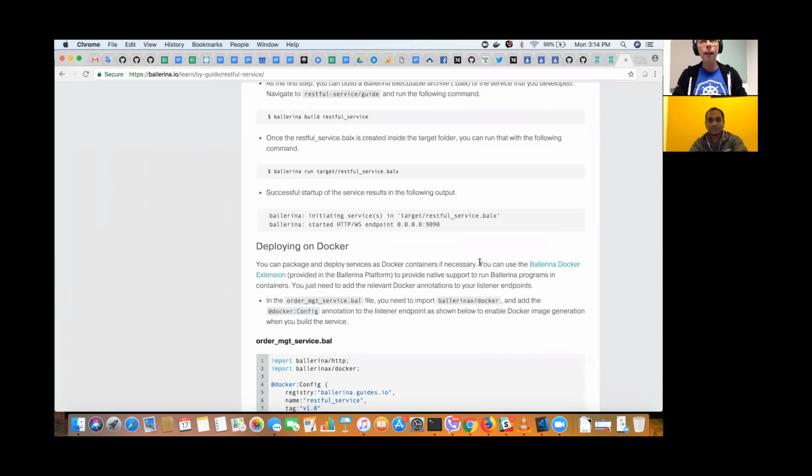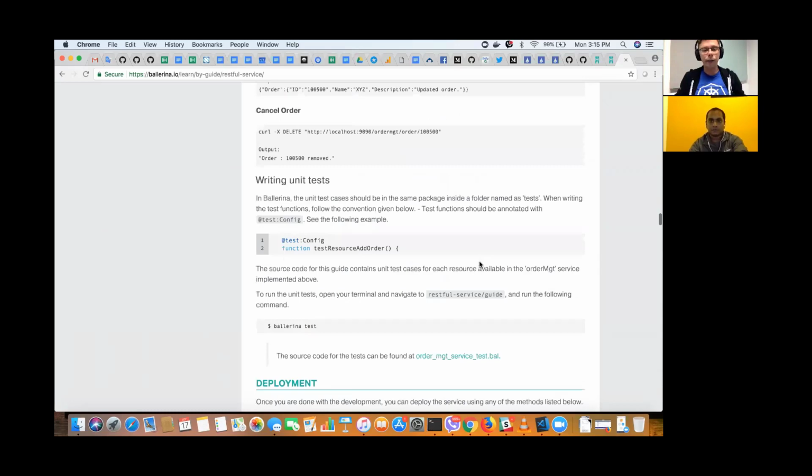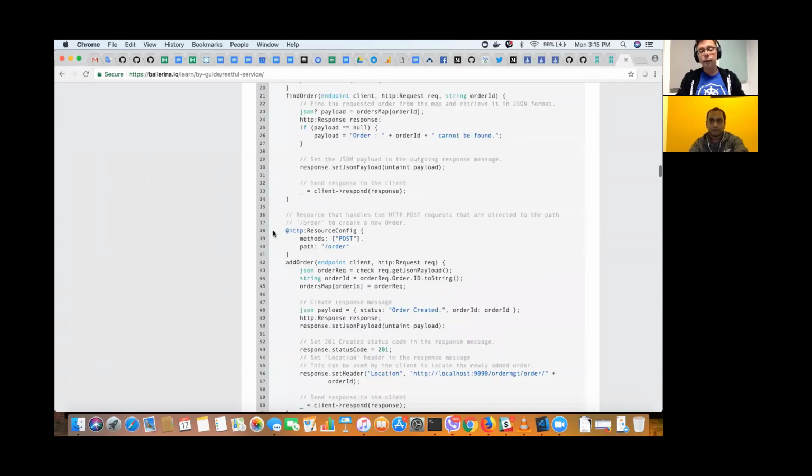Now, in any kind of real world setup, what I would expect as well is some kind of observability story. So, maybe Prometheus integration. How is Ballerina's approach to this kind of observability? How do I get insights into whether the calls have succeeded or not, or metrics and all that kind of stuff?